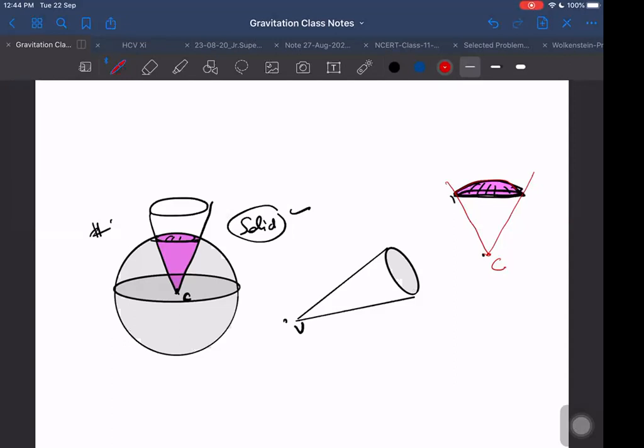Okay. For this also we can find it out. Let's see how: total minus the cone, that will give the field due to the remaining portion at the center. So what is due to the remaining portion at the center, we can find it out. This is solid, by the way. This is not hollow, this is solid. You imagine that if I cut a part of a sphere by a plane, then that portion is this one. And for that also we can find the field at the center. But this will be time-consuming and slightly complicated also.